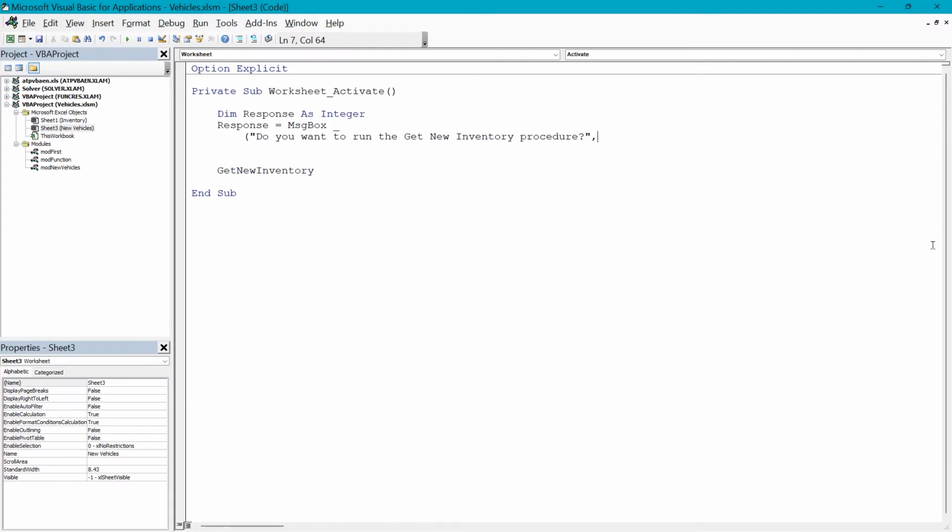and your arguments separated by commas. Now we want another line continuation, so we're going to do a space and an underscore and enter. We're ready for what combination of buttons we want in the message box, as well as which icon. So we're going to use the constant names, vbYesNo plus vbQuestion, comma. And for our title bar argument, it's going to be in double quotes, Run Get New Inventory